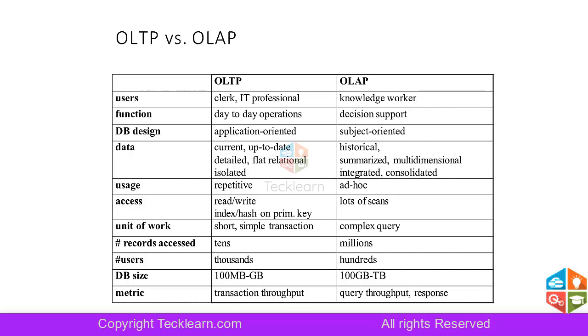So I'll have an OLTP to support front-end operations in a banking sector. Front-end operations like teller operations or ATM operations, automatic teller or manual teller, whatever. So I'll have an OLTP at the front end. Then at the back end, at the core, at the center of the organization, I will have an OLAP, a data warehouse, where I will have fewer tables and more columns to collect the maximum possible data. Let's get to the difference of these two, like users.